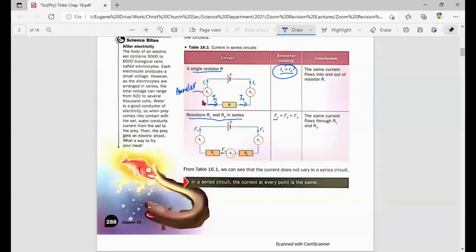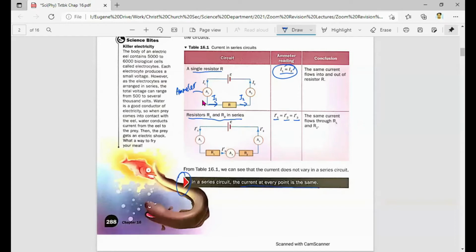They realize that I1 equals I2 equals I3. All the 3 readings are the same. So we know that the same current flows through R1, same current flows through R2. So going in, going out, going in, going out, the current throughout the whole circuit is the same. Therefore, the conclusion based on this is that in a series circuit, the current at every point is the